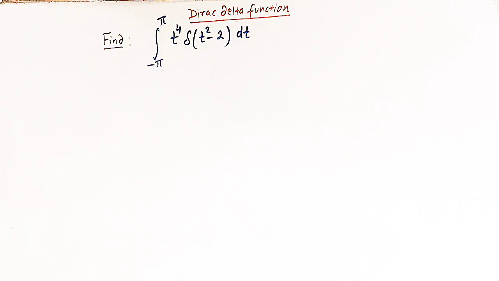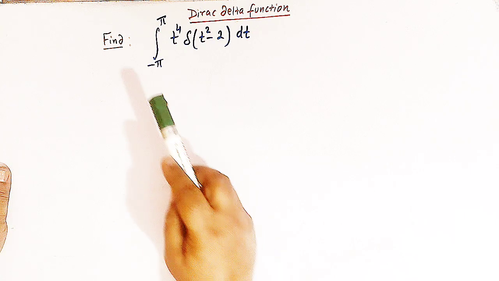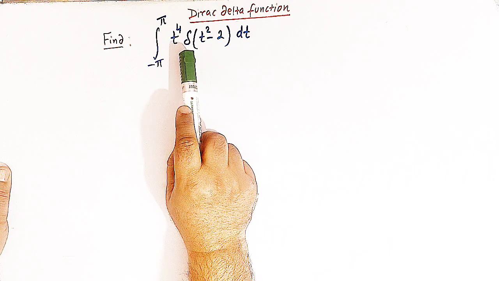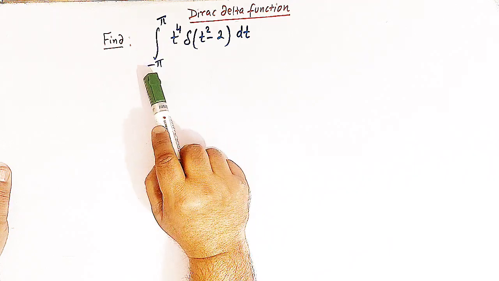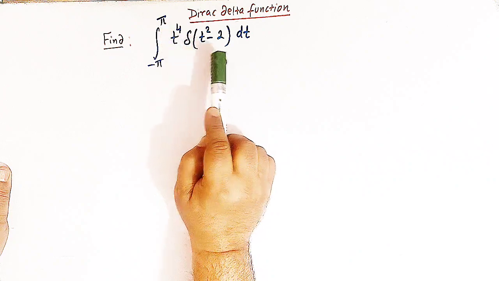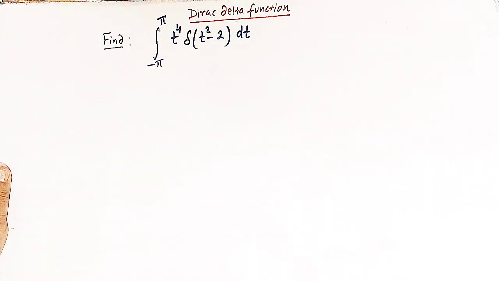Hello viewers, in today's session we are going to discuss another important problem from Dirac delta function. So here we have to find out the value of this integral involving the delta function. So we have the integral from minus pi to pi t raised to 4 and delta of t square minus 2 dt, right? So here we'll solve this integral with the help of one important property of Dirac delta function,